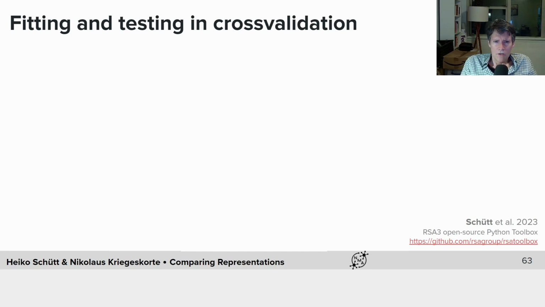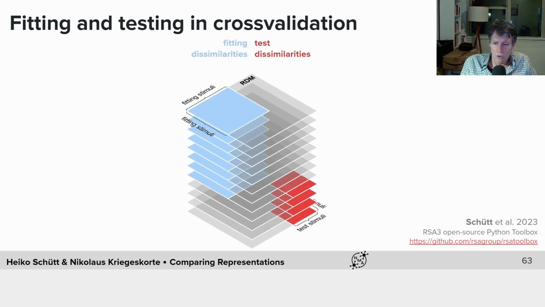So when we make predictions from neural network models, we often want to fit some parameters. For example, we might not be sure, given a model representation with a set of tuning curves, how prevalent these different tuning curves are in the neural population that we've measured. So some fitting is often desirable, and where there's fitting, there's overfitting. And in order to prevent the overfitting from biasing our performance estimates, we have to do cross-validation.